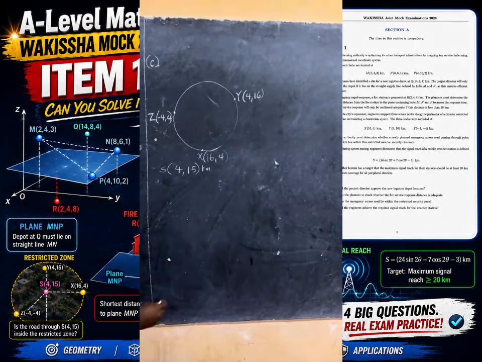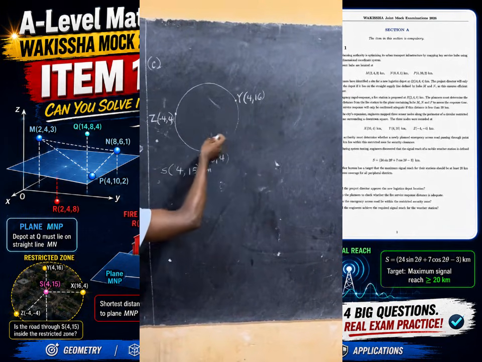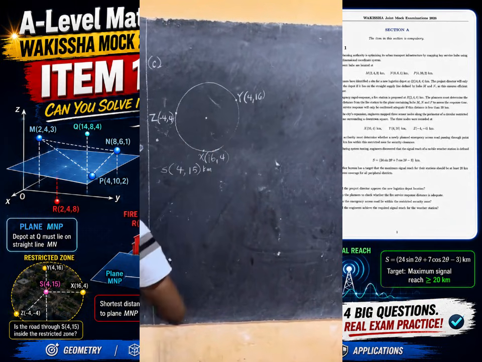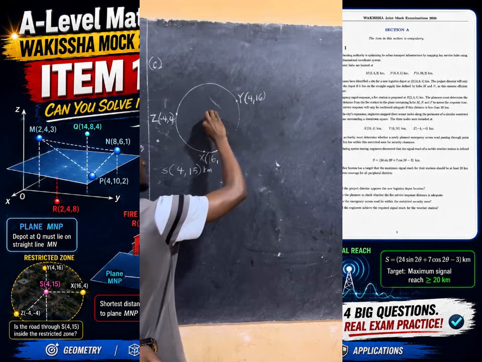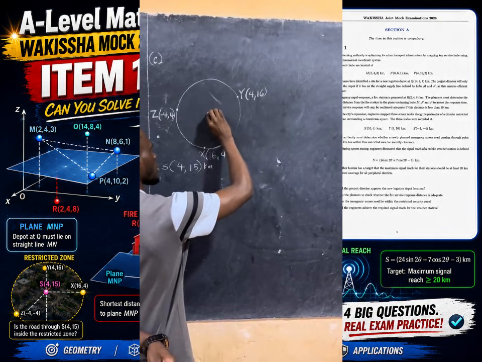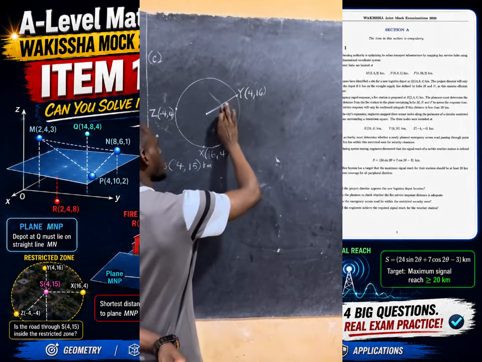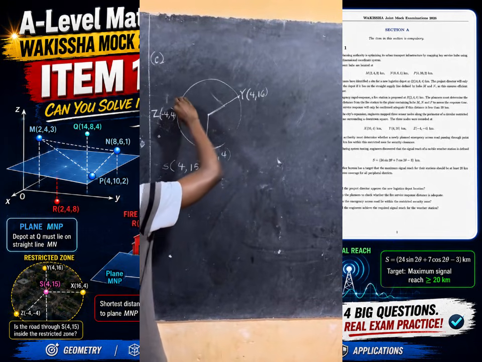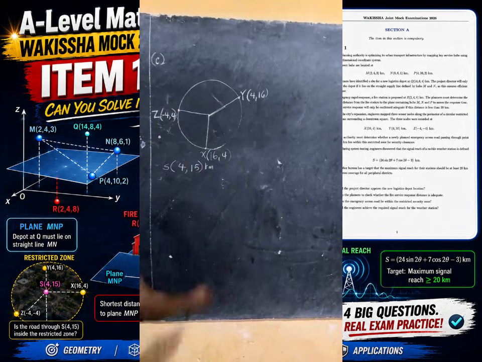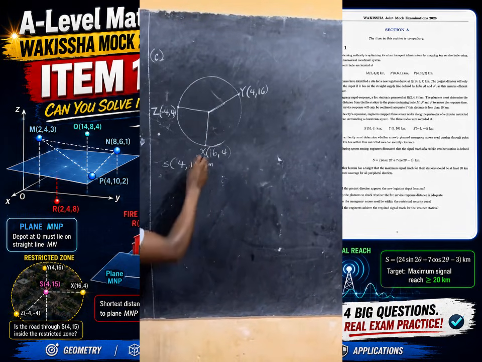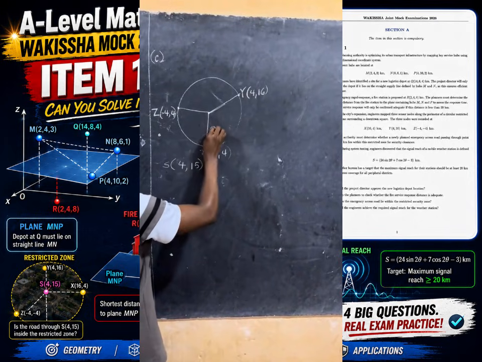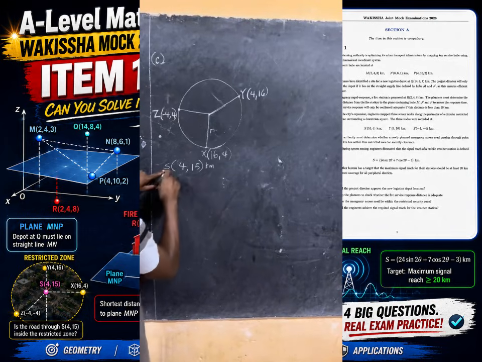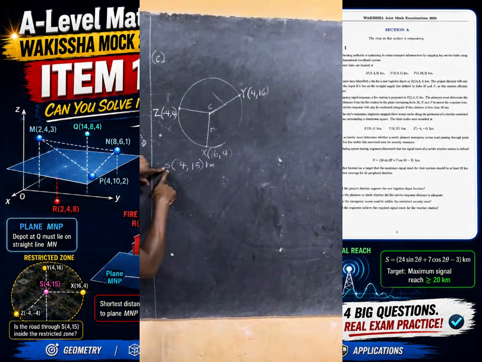How? We shall first of all get the equation of the circle. Then when we get the equation of the circle, we shall get the distance, which is the radius. I can say it is the distance from the center to the circumference, either to X, Y, or Z. Now, the test is that I need the distance from the center to the circumference, which is the radius. And I will also need the distance from the access road, at point S,